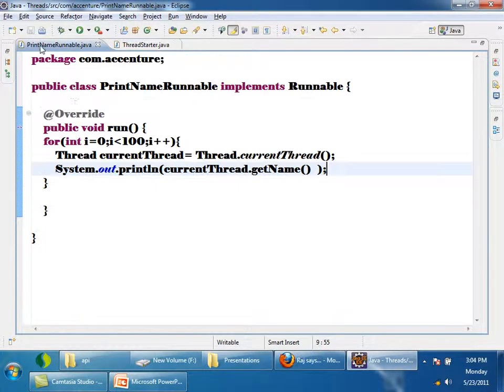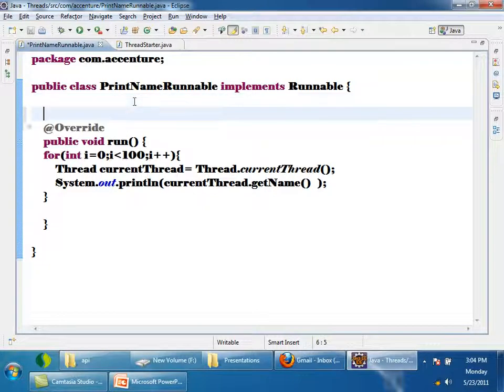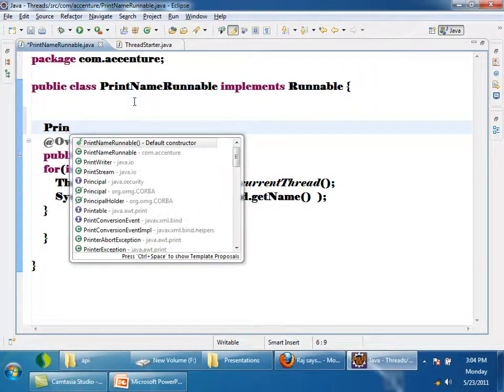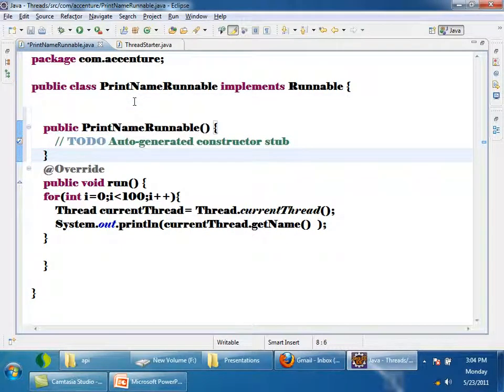I am going to write a constructor for print name runnable. Whenever an object is created, immediately constructor is called. So I wrote a constructor for this. And here I will take a string name.